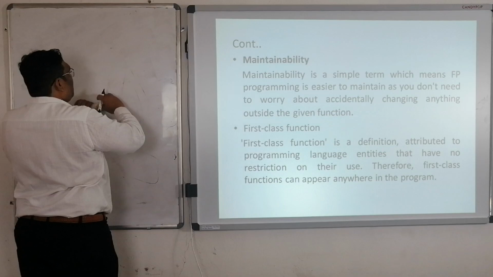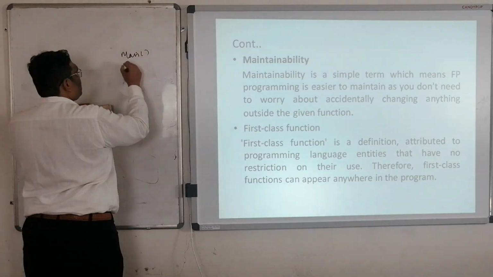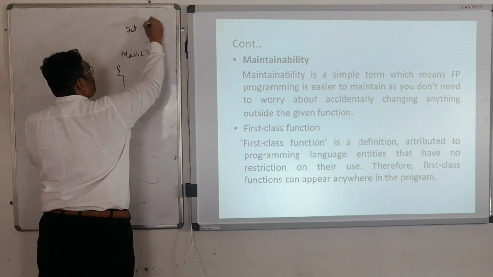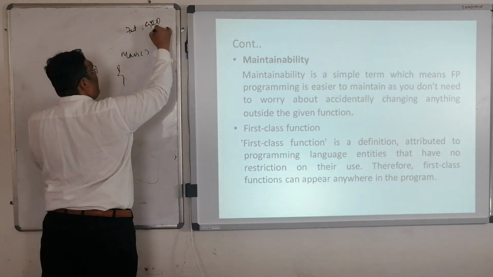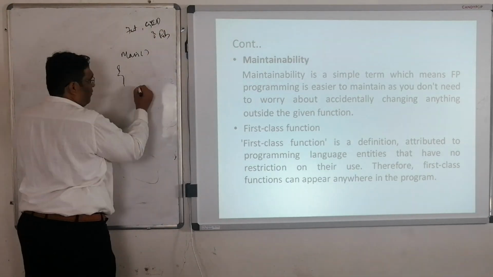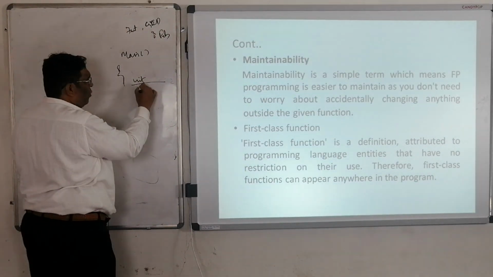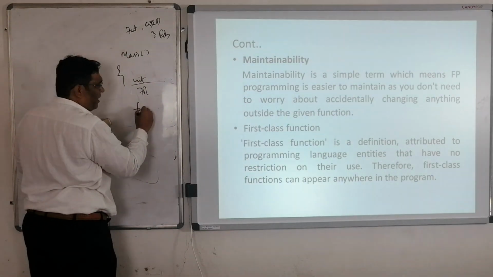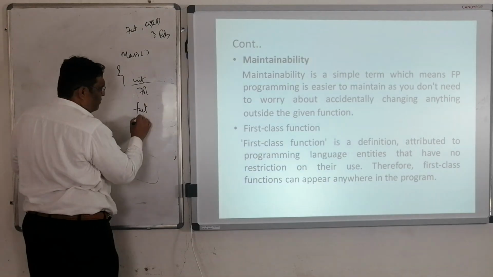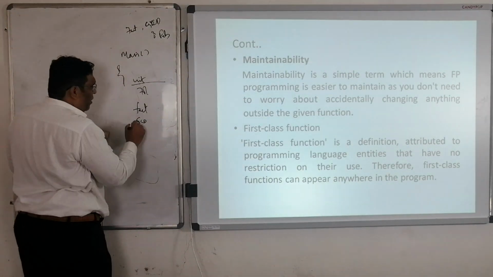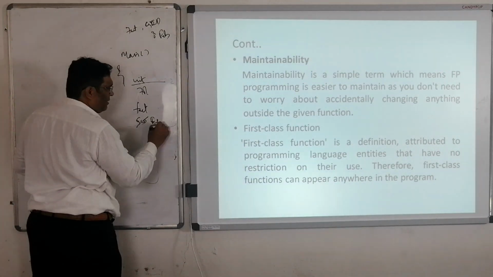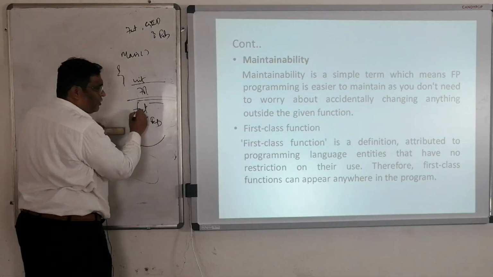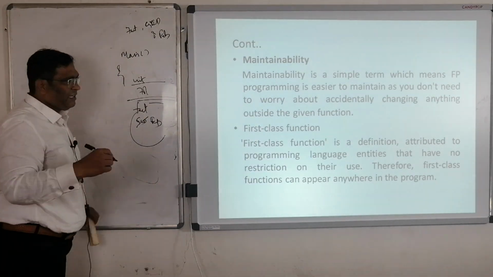Let's take an example. Main. We have decided factorial, GCD and Fibonacci series. This is one program. We have defined the integers or floats, whatever you are having. Then you define the function. I don't want to define factorial. I can have GCD also. I can have Fibonacci series. Or I can write printf, enter the value so and so. Then I can go for the factorial or something. We'll see in our next class.